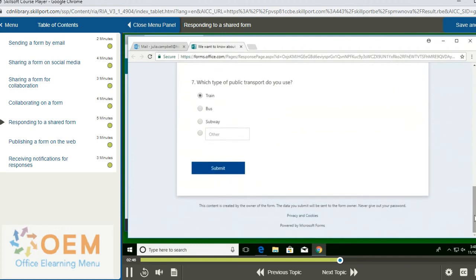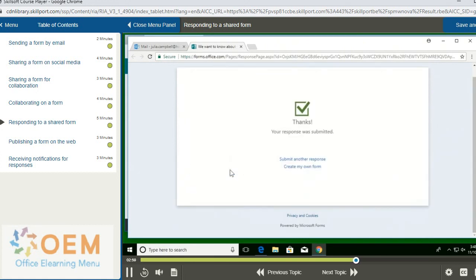When you've answered all the questions that are either required or that you want to answer, and you scroll down to the bottom of the form, you'll see the Submit button. Submitting the form will send your responses to the owner of the form. After you click the button, the form will disappear and a thank you message will appear, telling you that your responses have been submitted, and below that you also